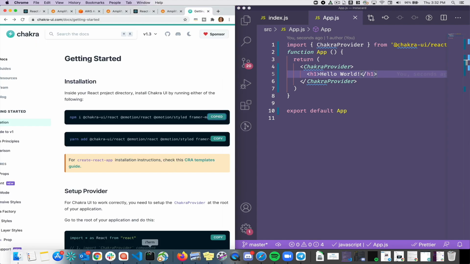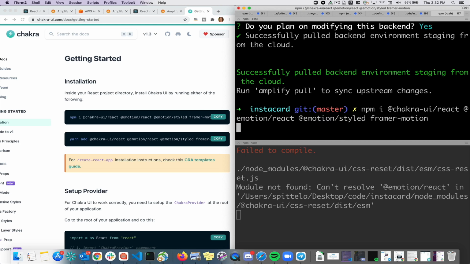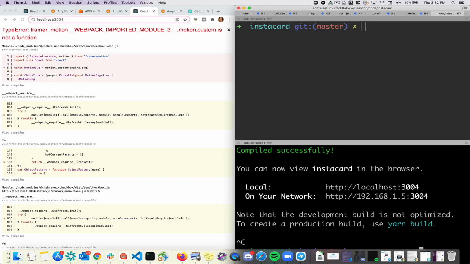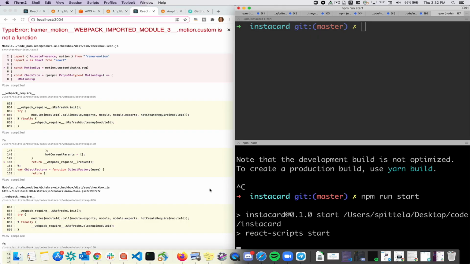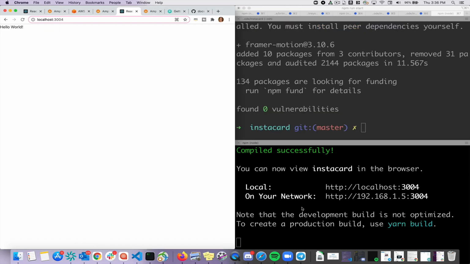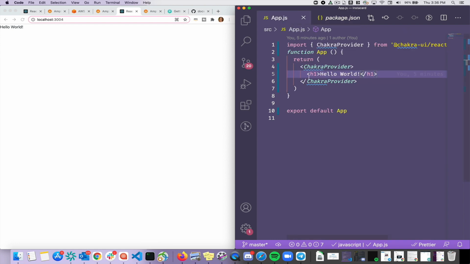And I should have installed more than just Chakra UI. You also need to install Emotion React and Emotion Styled and Framer Motion. So let me go ahead and do that and fix my mistake there. And now my app is working again. Need to restart. Amazing. So now I have my hello world showing up on my page,